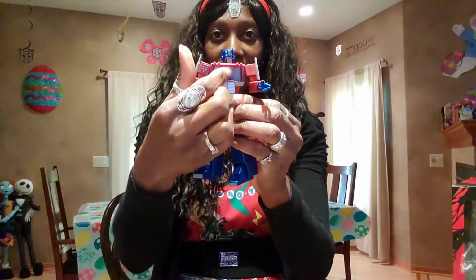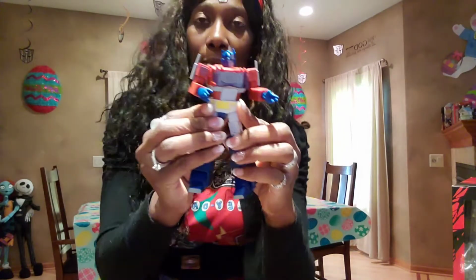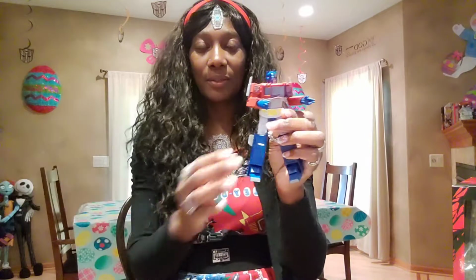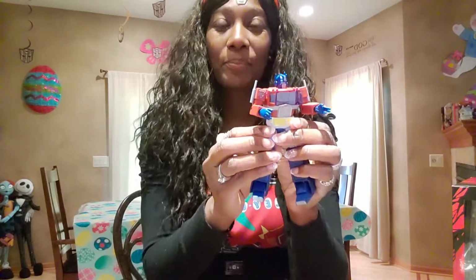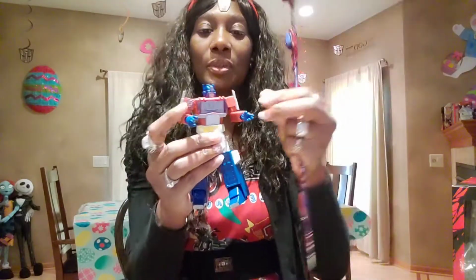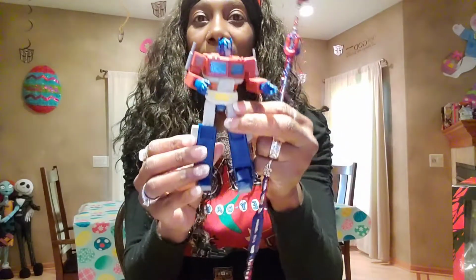So again, it is over there because we used it for some things earlier, and we often do all kinds of poses and different things with our toys. So we have different pieces throughout. It's an interesting story, but anyways, this matrix of leadership is really cool. It goes right in here, and I love that you can see through it. It's really, really neat. So, all right,